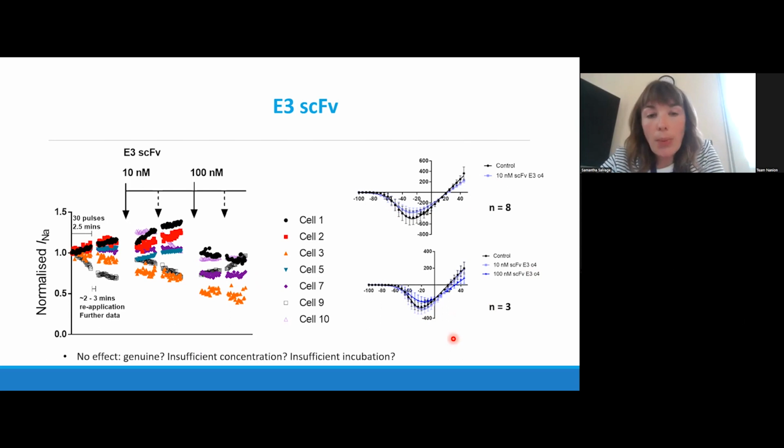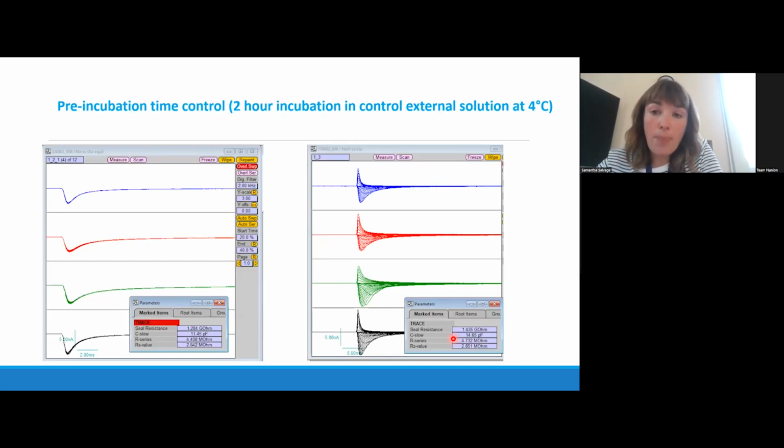So we considered one way to work around this was to pre-incubate our cells in the single chain antibody for an extended period of time. But that brings up the concern, will our control recording, if incubated at a similar period of time, be consistent with the currents that I've already showed you? So just to very quickly check this, we